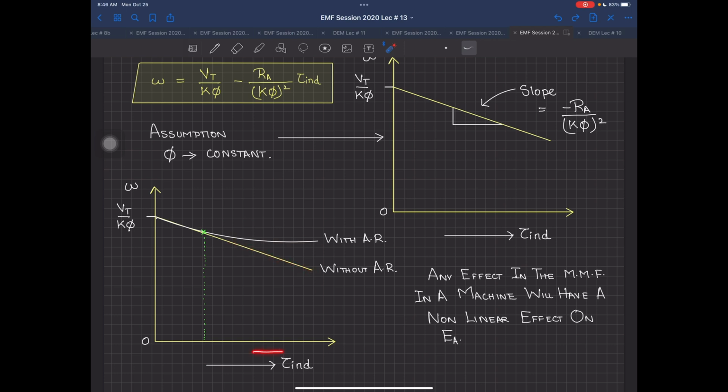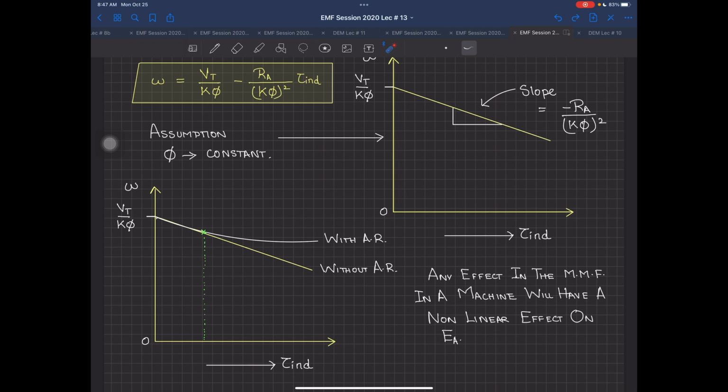So can this possibly be said, that if the torque on the machine is increasing, or the load torque is increasing, can we say that due to armature reaction the speed will continue to increase, or maybe it can go like this. Why? Technically, what you are doing over here, the y-intercept over here is also changing. So every point when you are going to have it, it will still have a downward trend, but never ever